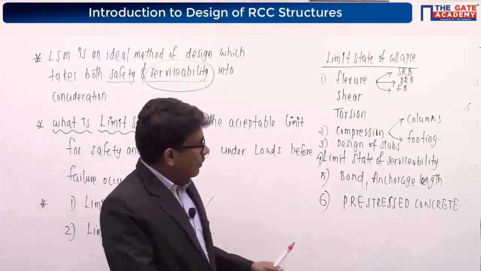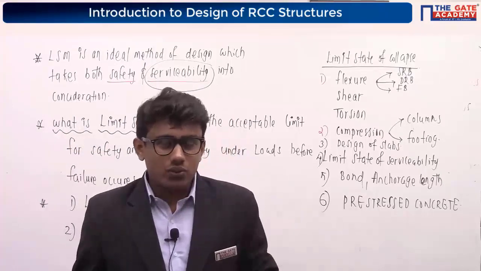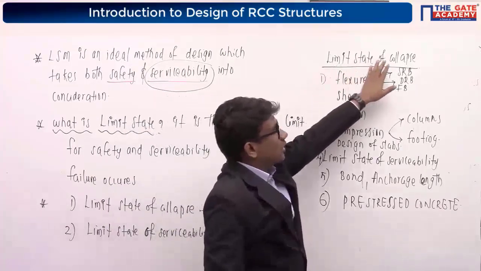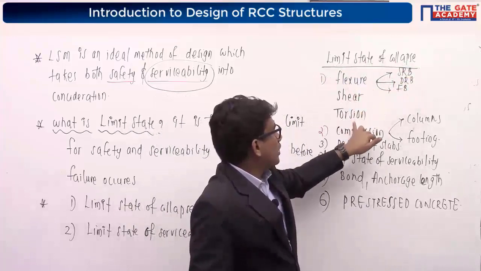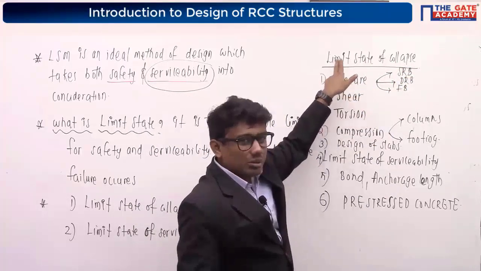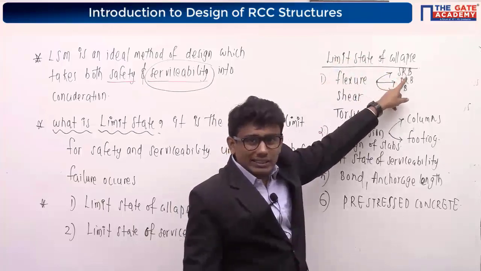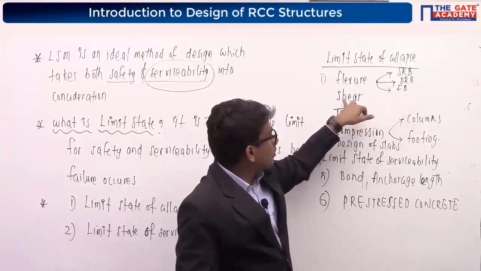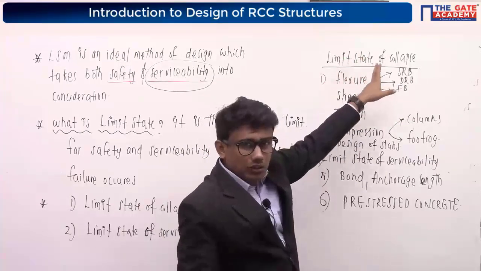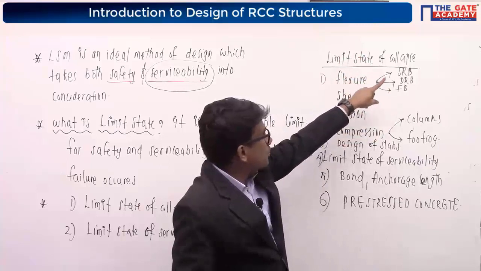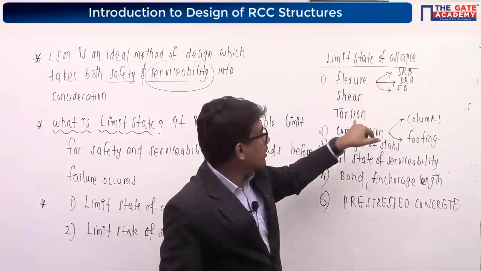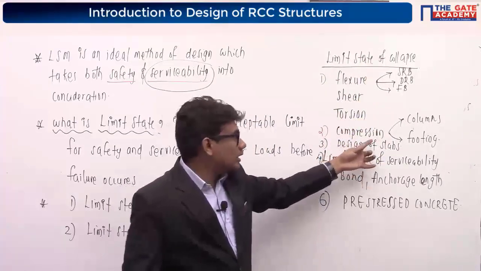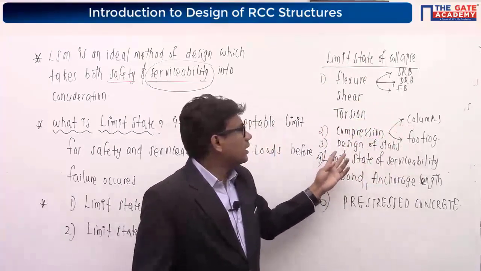So this is actually the overview of the syllabus, the design of reinforced concrete structures. We will learn about limit state method of collapse: flexure, shear, torsion. Under the heading limit state method of collapse flexure, we will learn how to design singly reinforced beams, doubly reinforced beams, flanged beams, and limit state design for shear as per limit state method of collapse shear. Then limit state method of collapse torsion, how to design for torsion. Then limit state method of collapse compression, we will learn how to design columns and footings. Then we will be learning how to design slabs.